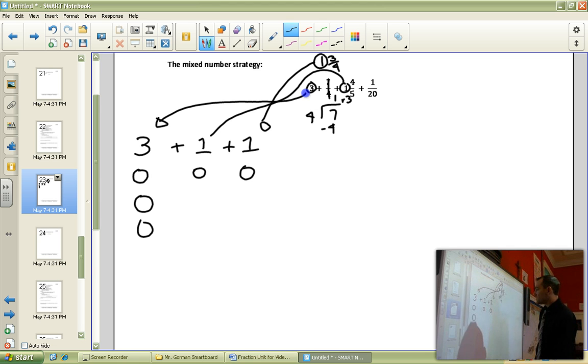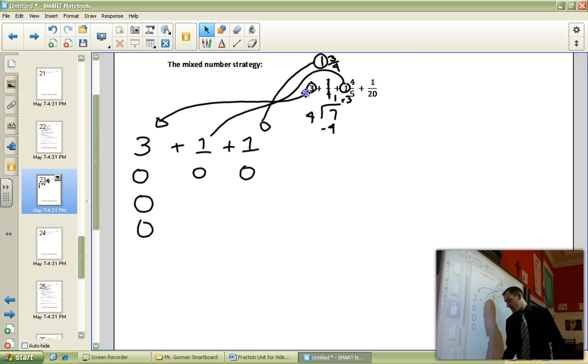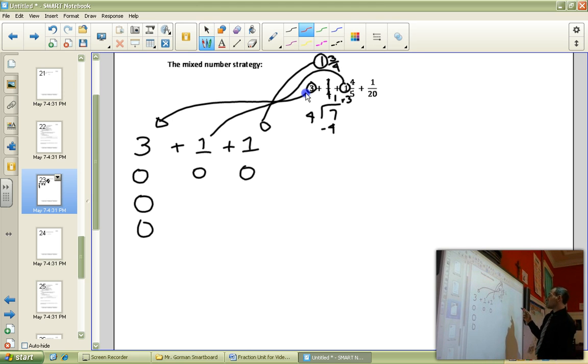There it is. So as we can tell, we've already done a lot of the addition as it is. 3 plus 1 plus 1 is 5 wholes. Okay, that's going to be our whole number section right there. Now what I want to do is switch my colors so that you can see it a little bit better,